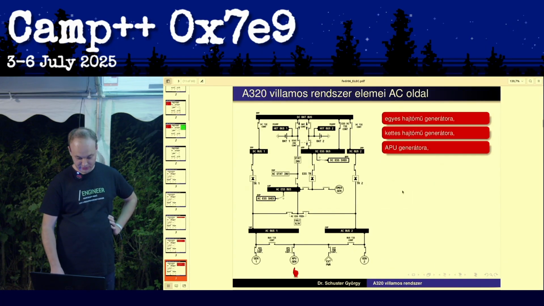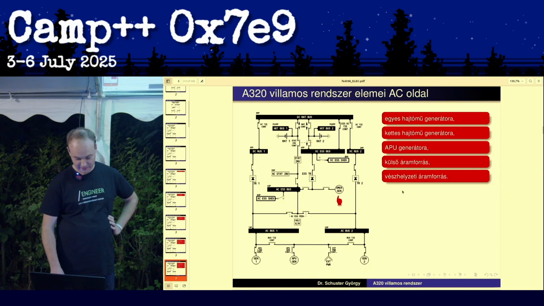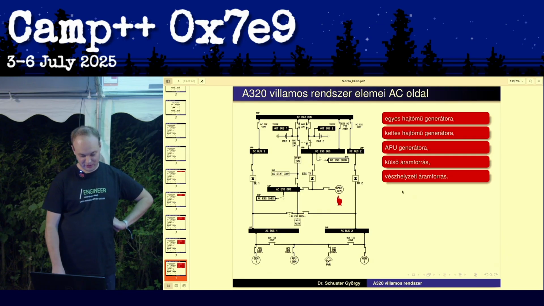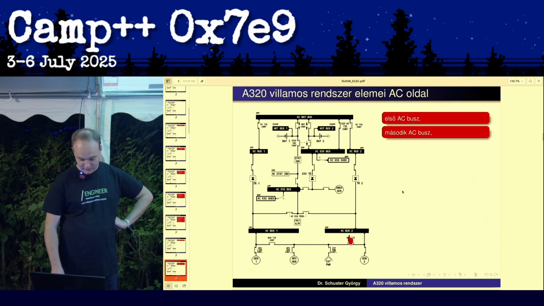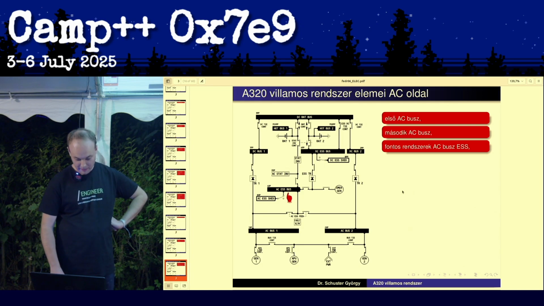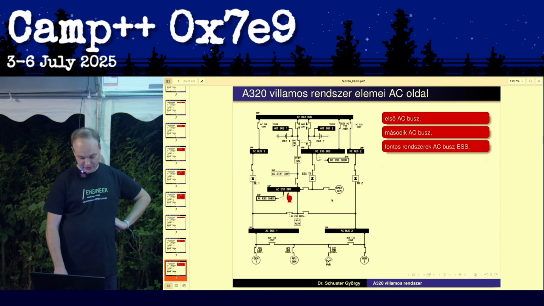There's a generator from engine number 1, number 2, the APU, the external power. The emergency generator is in the Ram air turbine. The two AC buses, the AC essential systems buses, for those systems,